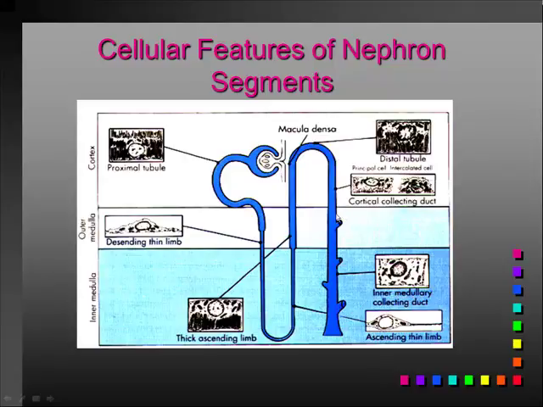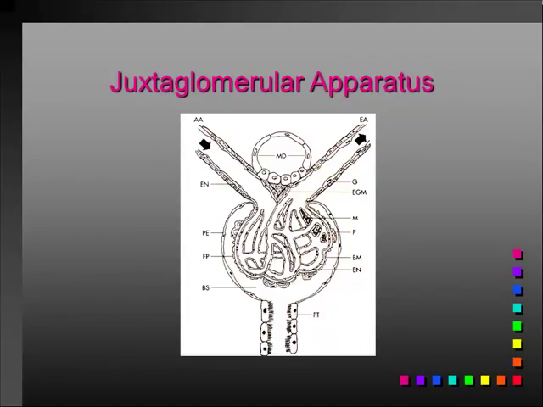Then we come into the outer medullary collecting duct and then the inner medullary collecting duct, and the IMCD cells appear to be quite uniform, and they do have a moderate amount of mitochondria, but they also serve an important function. Okay? So for right now, just be able to list those nephron segments, each one of them, and get the basic morphology down of each cell. Okay? Then when we talk about the function and all of these things the kidneys will do, should make a little more sense to you. Juxtaglomerular apparatus, as I showed earlier,